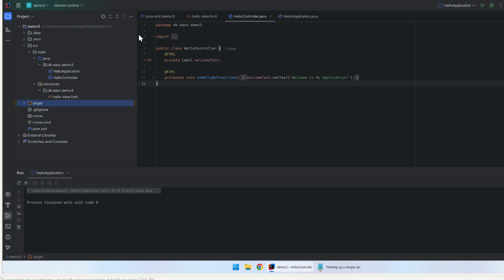If I open up a new project and I don't choose Maven, but just use the default IntelliJ build system, then you will see that it runs exactly the same way, except you don't have this resource folder. Everything is just in one place here. There is, though, one big difference that I think is important and why I would recommend using Maven,